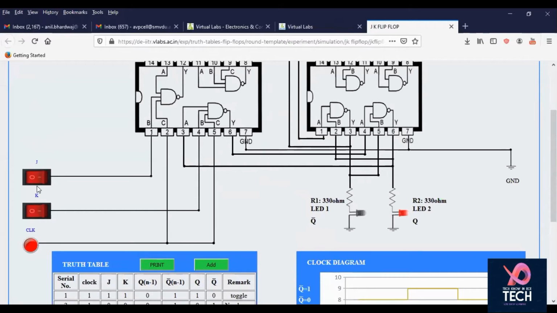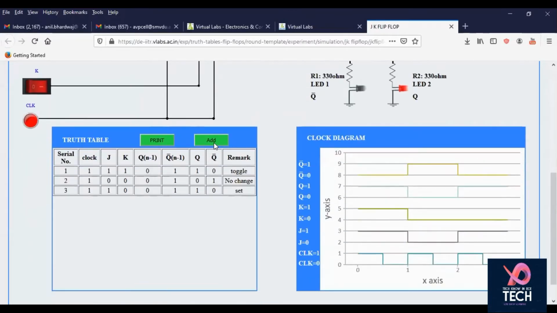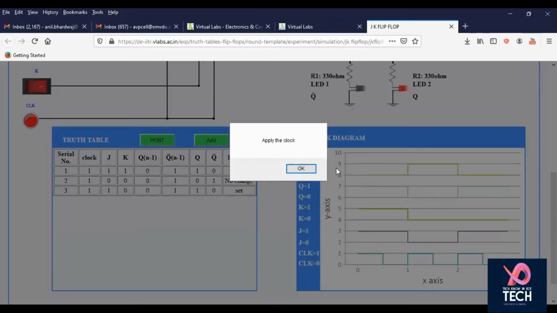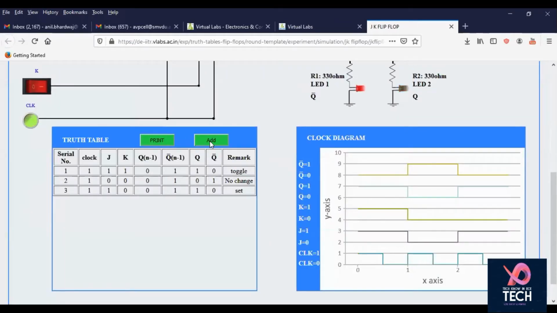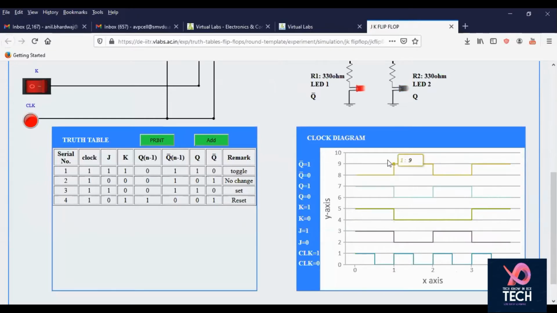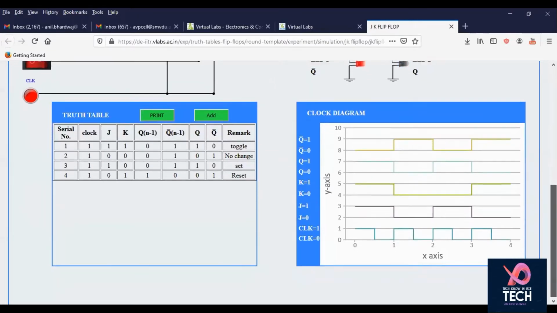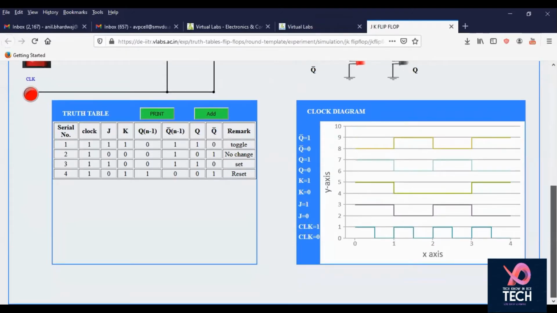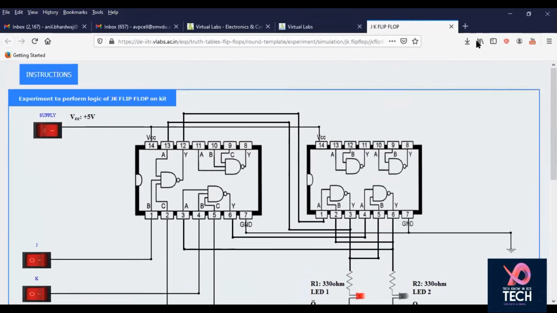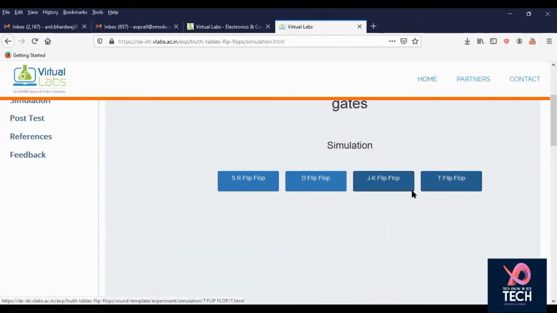When J is 1 and K is 0 and you apply the clock, this is reset. And you can clearly see the clock diagram corresponding to all the things we are discussing being generated here. So this is quite a good thing for better understanding.